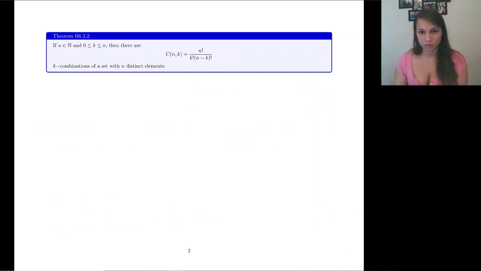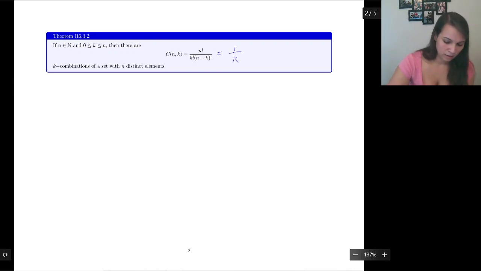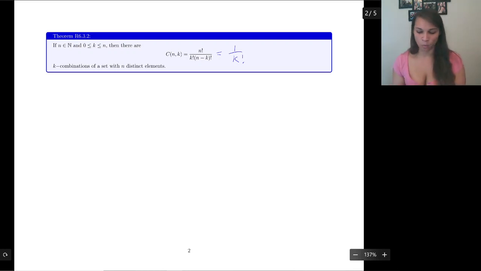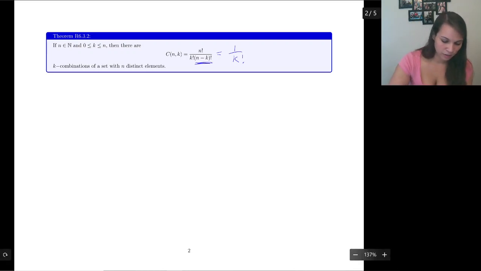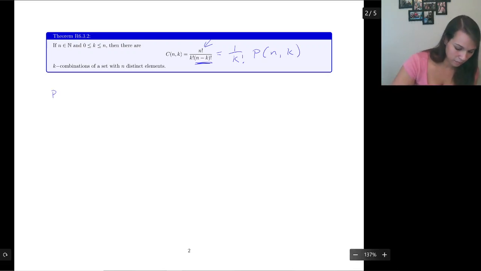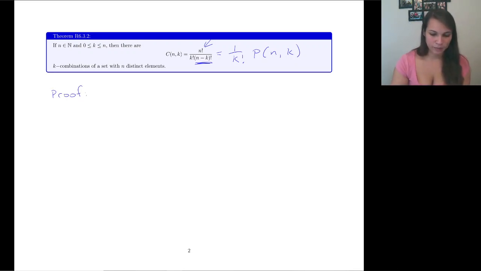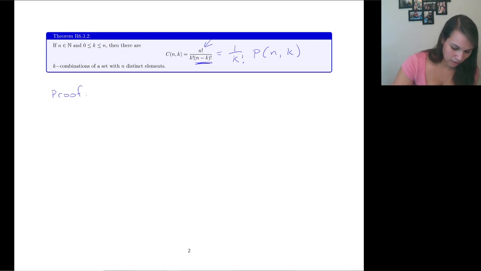In general, if you want to count the number of K combinations, we have this formula here. Notice that we could rewrite it as 1 over K factorial times this term and this term, which is our permutation. So let's think about why this theorem is going to work. If we try and prove this, I'm going to say the number of K of n permutations,